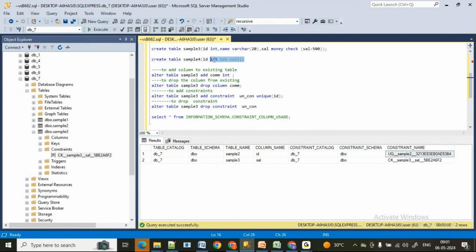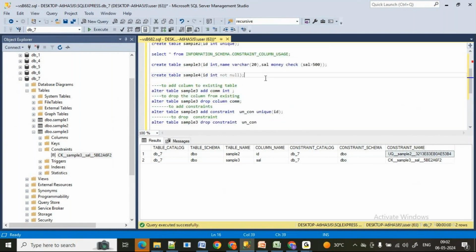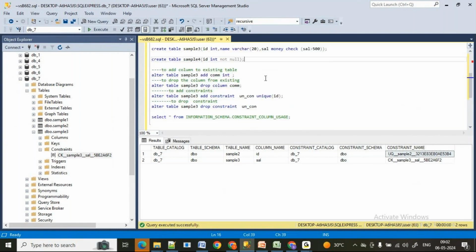I just created a table, and while creating the table I took a not null constraint on the ID column. It got executed successfully.